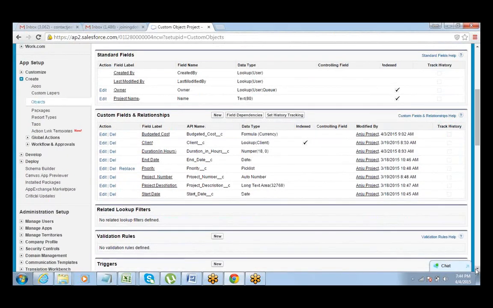And for the project object, you just have to define the validation rule.